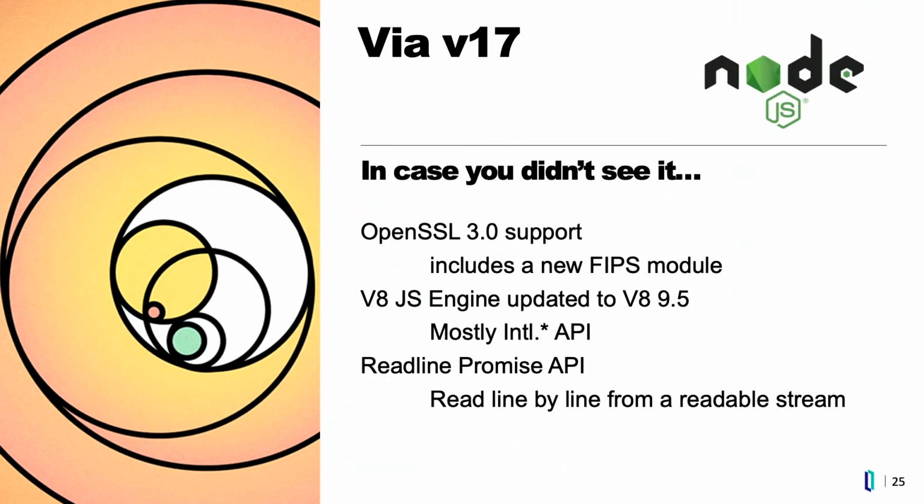And there's plenty of stuff that you get from all the previous versions in there. So the odd-numbered releases are actually pretty important, even though you're not targeting them usually for production. So take a look at what happens in the odd-numbered releases too. Version 17, most importantly, added support for OpenSSL 3, which is important for security.